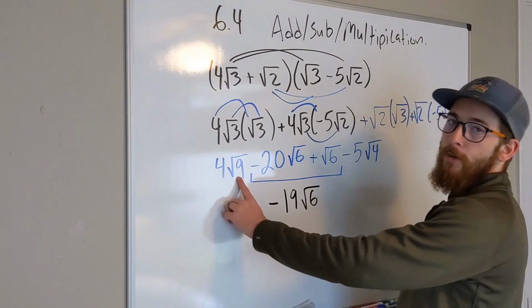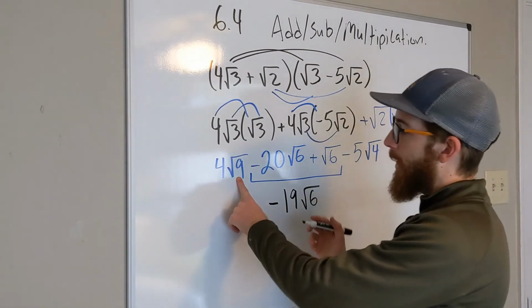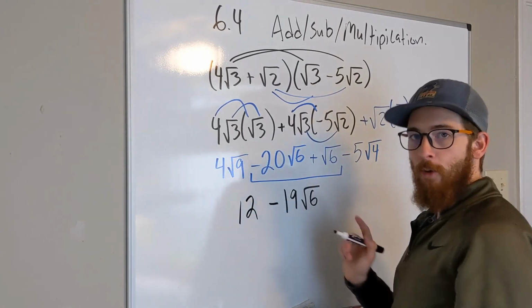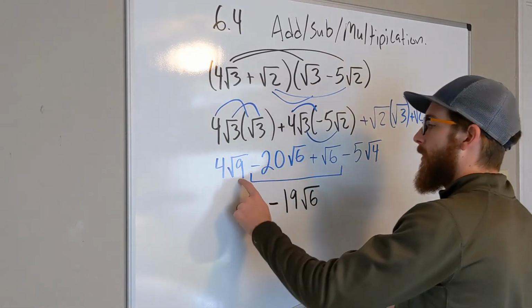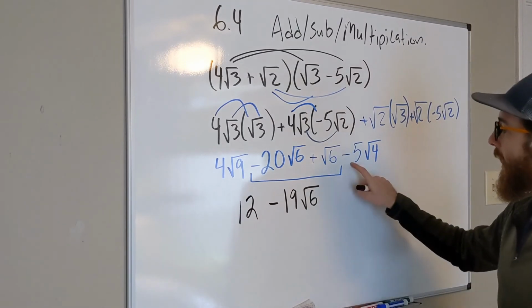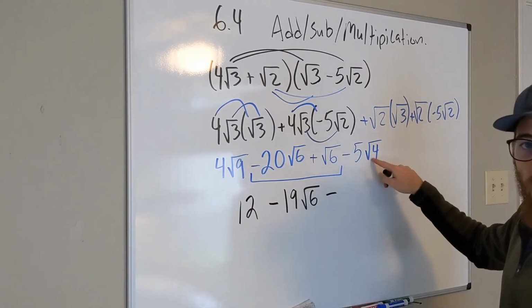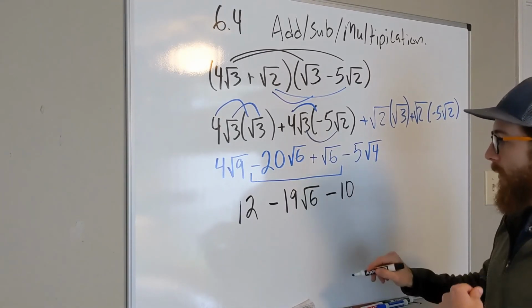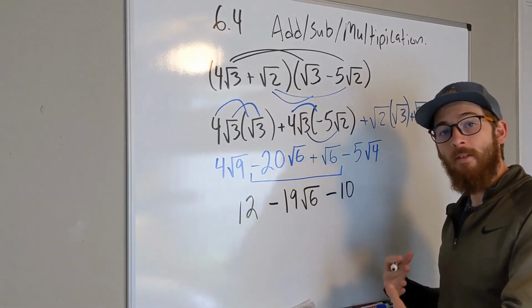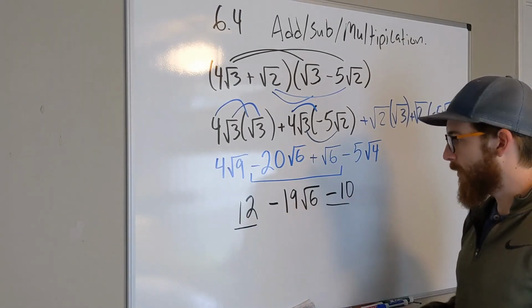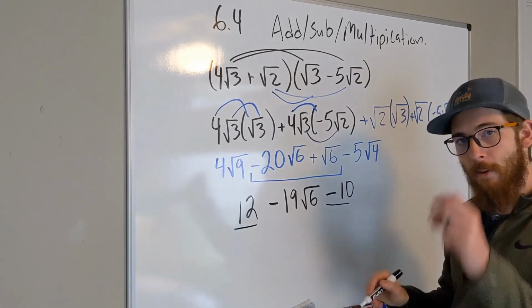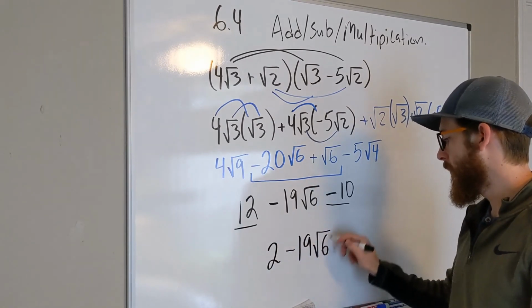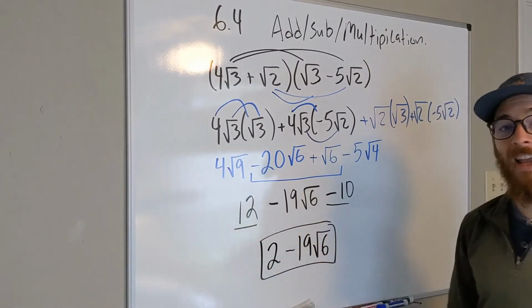Now, what's the square root of 9? 3. 3 times 4, 12. So rewind that if you need it again. Negative 5. What's the square root of 4? 2. 2 times 5, 10. So do we have anything in common? Those two. 12 minus 10 is 2. And we are